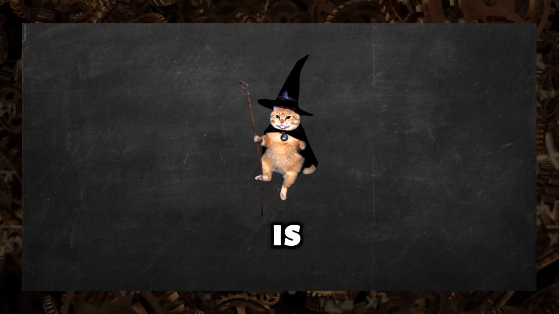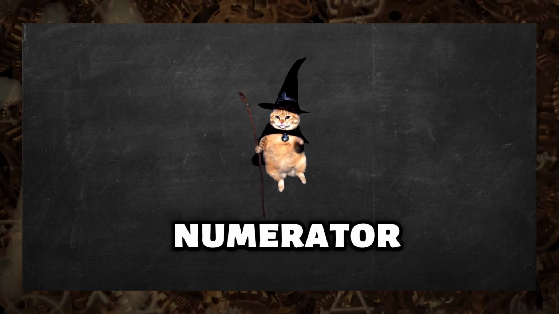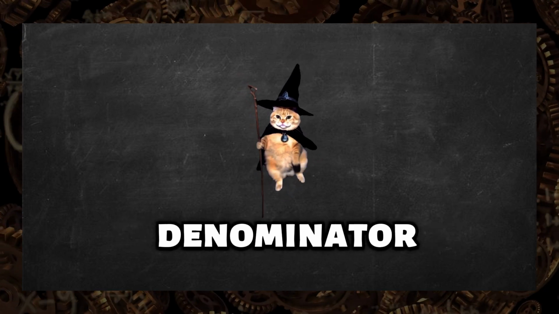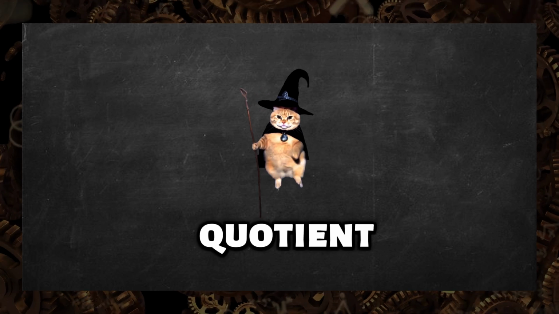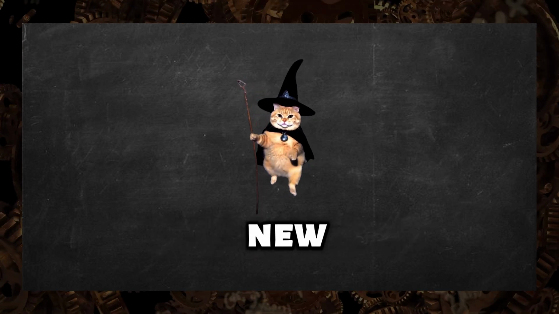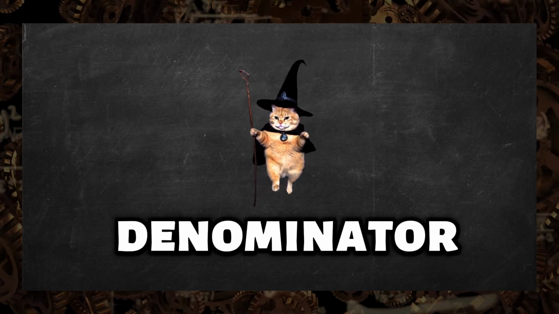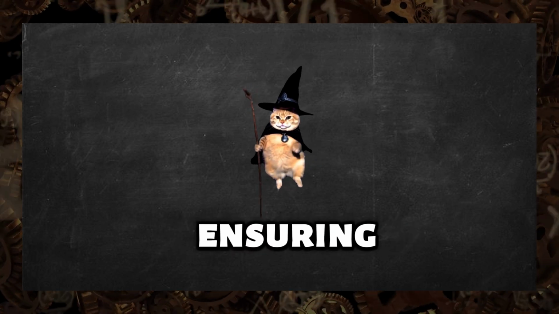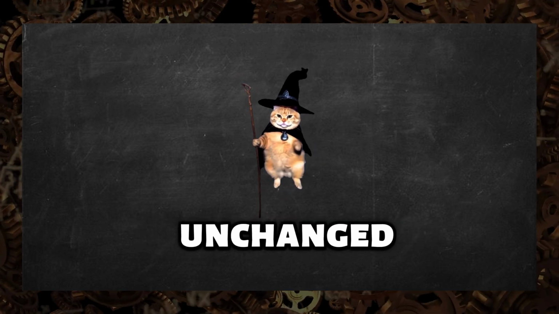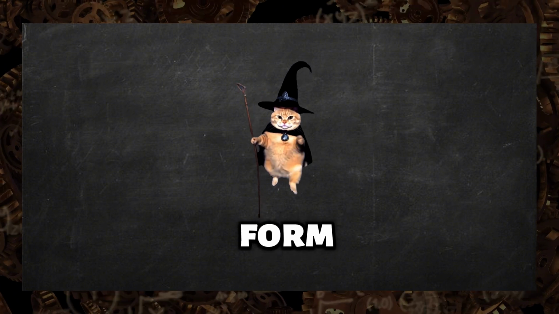This conversion is achieved by dividing the numerator by the denominator to find the whole number quotient, and the remainder as the new numerator over the original denominator, ensuring the value remains unchanged, yet presented in a form that